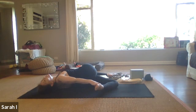Ooh. I like this one. And then back to the center. Hug both knees in. Switch the legs out, right leg down, and circle that left knee. This is my harder side, and even this one feels good, feels like a hip flexor should feel. Left knee opens. So those back bends do a lot for us,